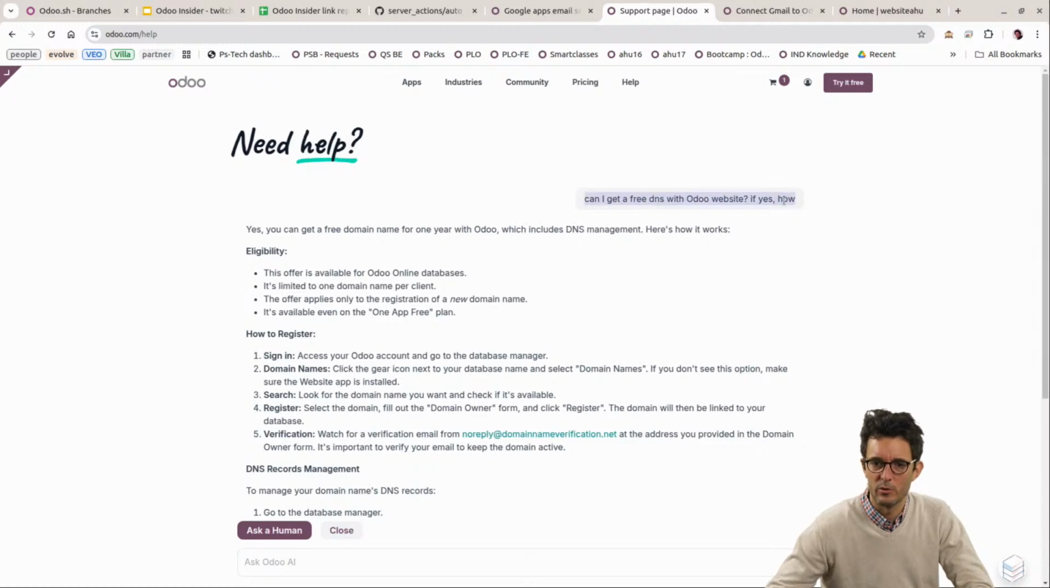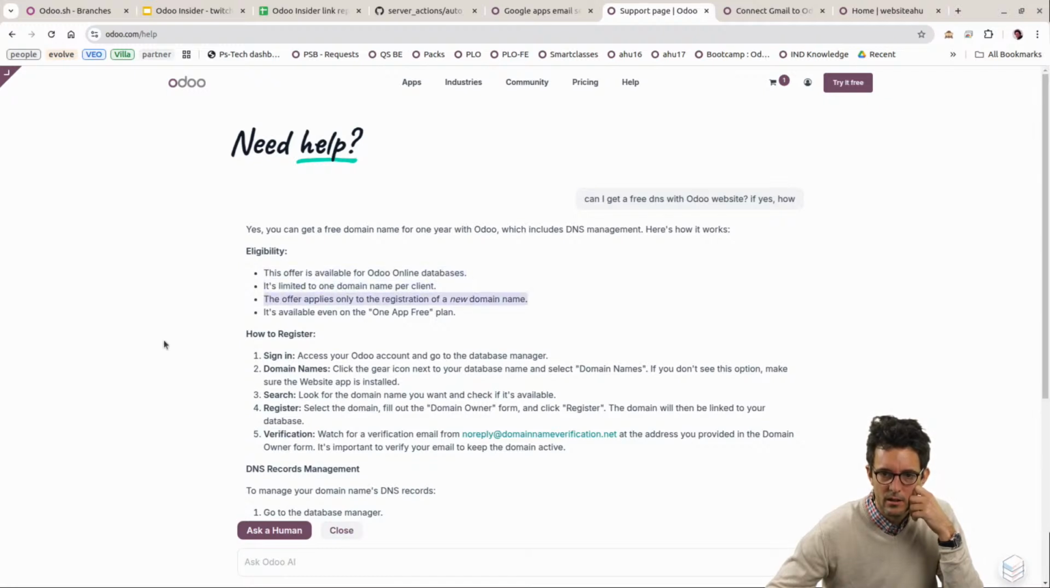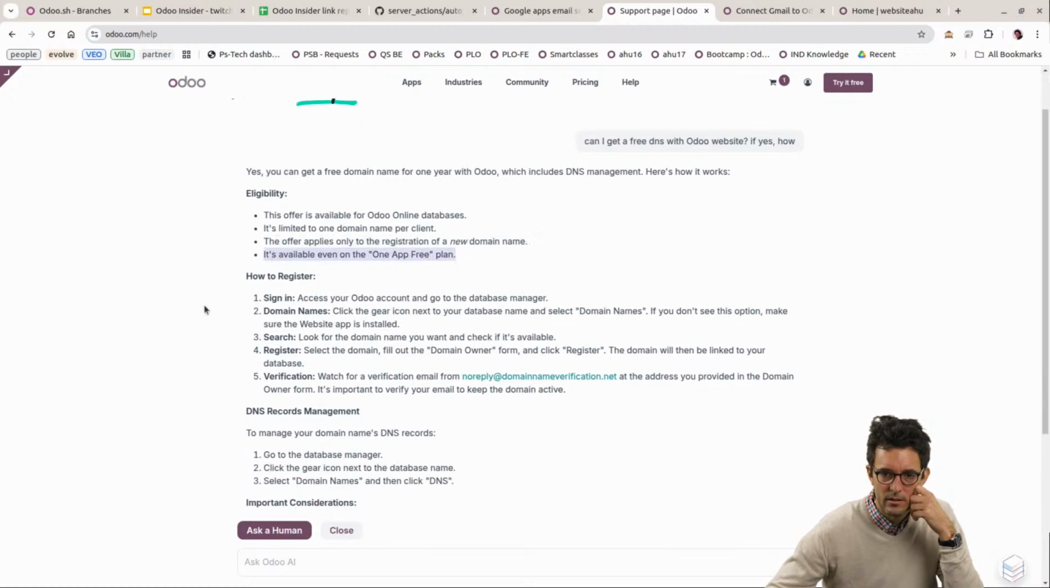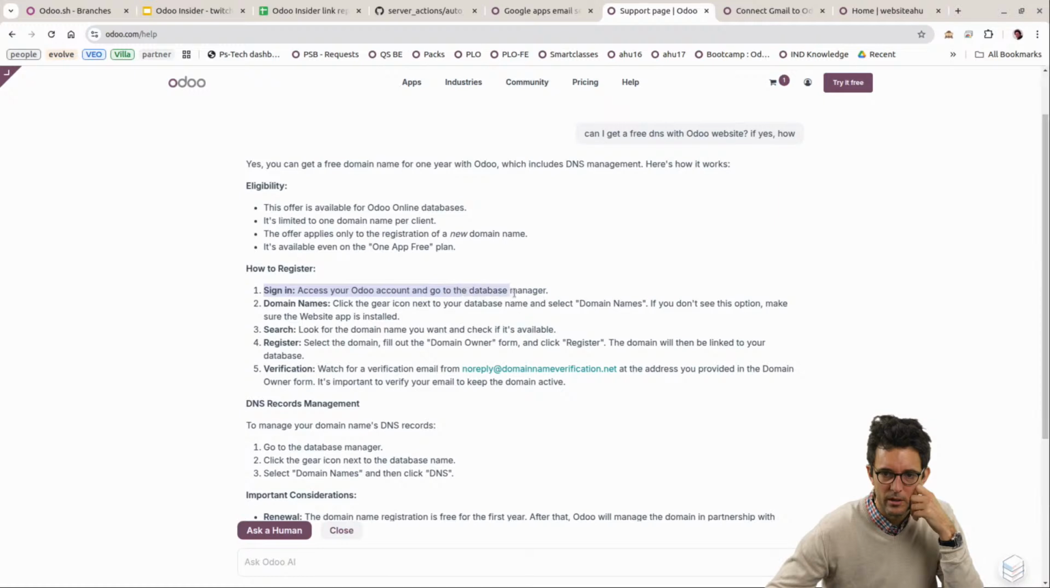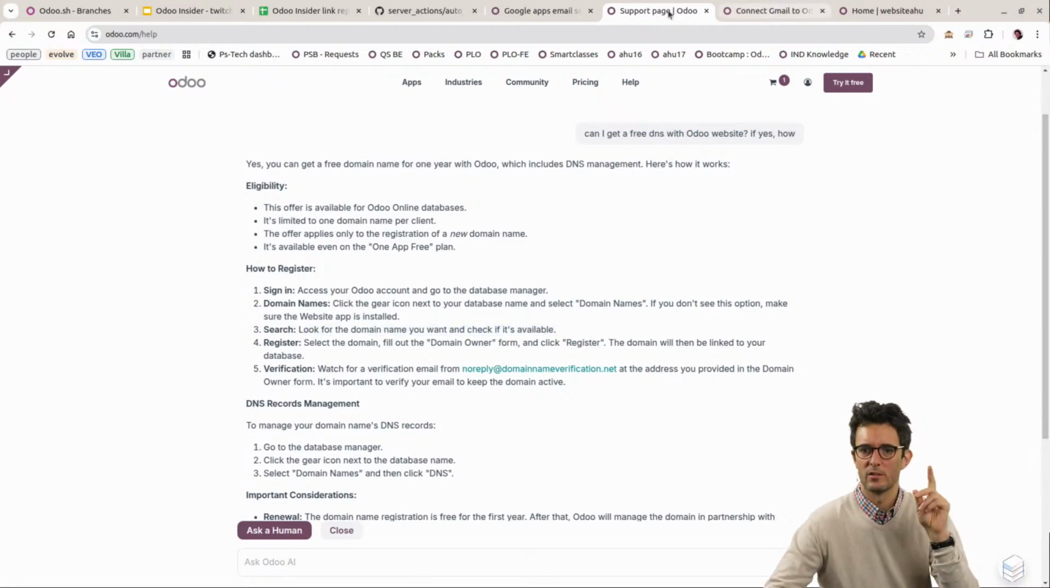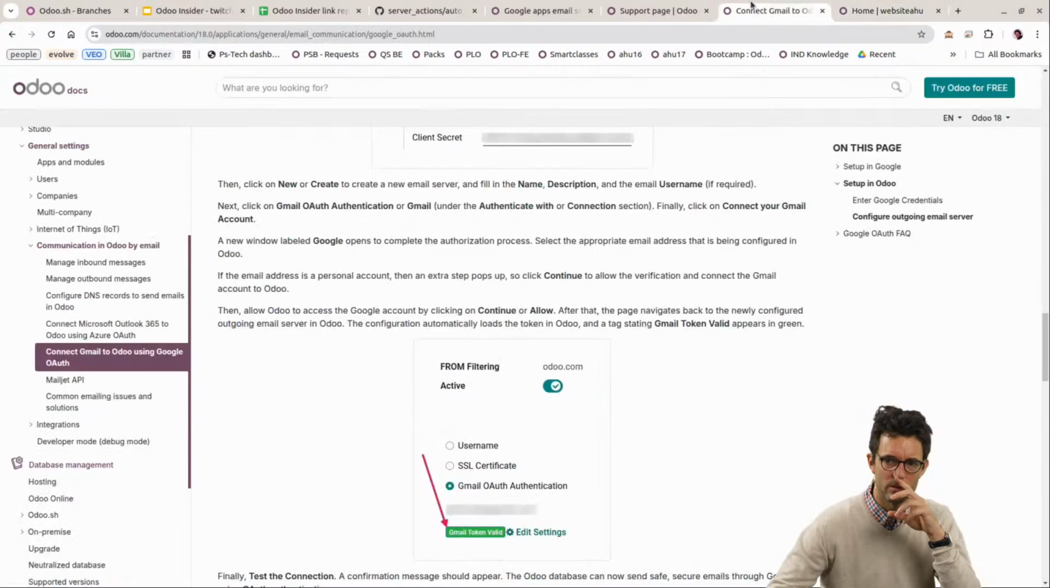So you see here I'm using our need help thing, and I said, can I get a free DNS wizard website? If yes, yes, you can get a free domain. DNS management is available for Odoo Online, limited to 1 domain per client. Sign in, access your Odoo account, database manager, domain names. Look for the domain name you want and check if it's available. So it's what I did, but